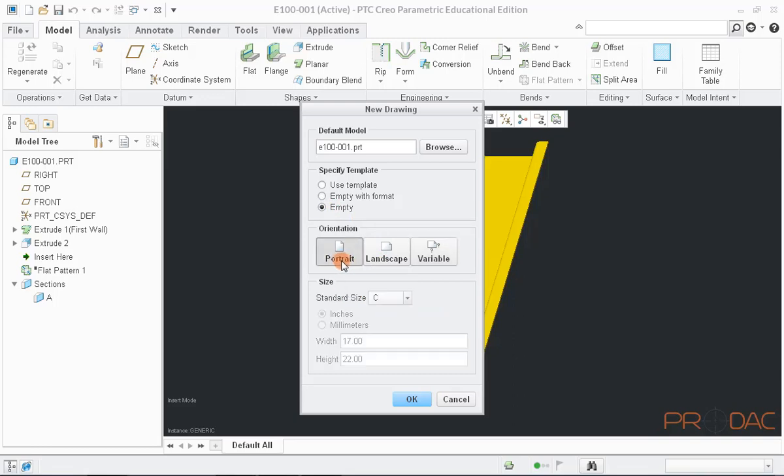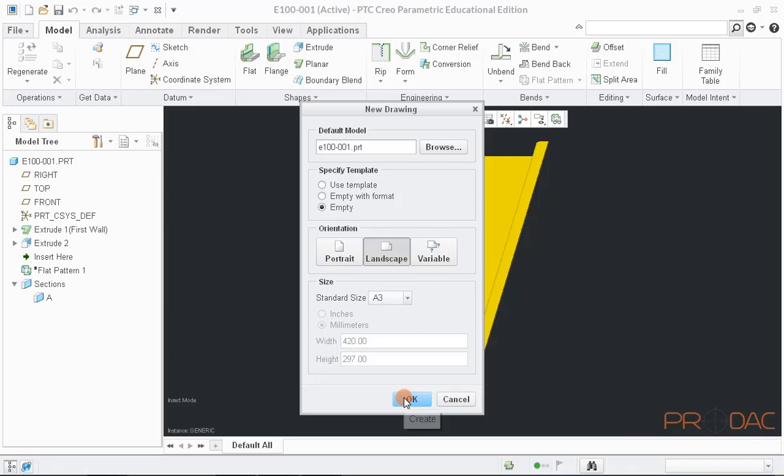We can change the orientation to portrait or to landscape. Drawing sheet size can be changed from this drop-down menu. For the variable orientation, we have to specify the size manually.